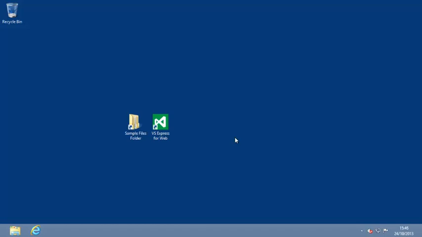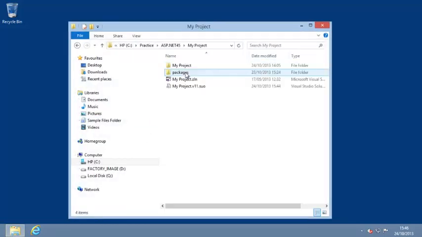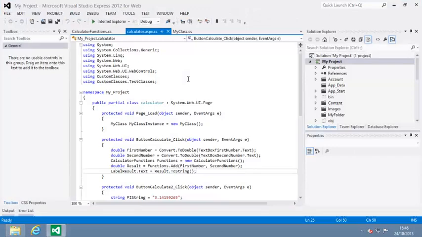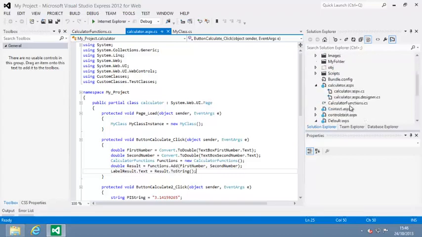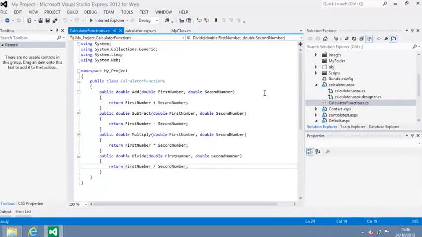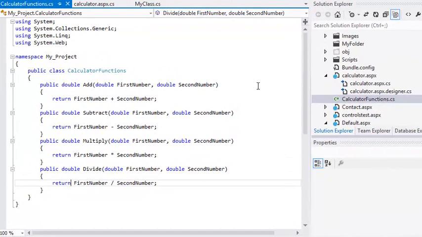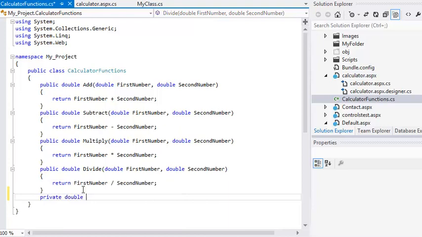To begin, open the My Project sample file from your Sample Files folder. And open calculatorfunctions.cs. Next, you're going to add a private method to the class. Add the following code to the calculatorfunctions class. Private double RoundNumber(double number)